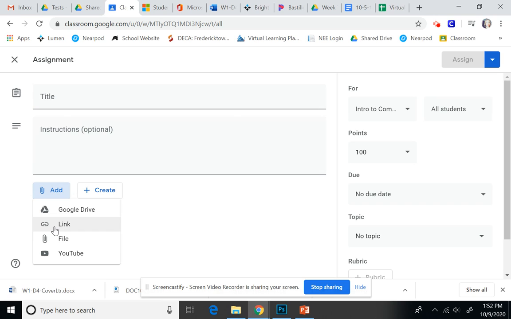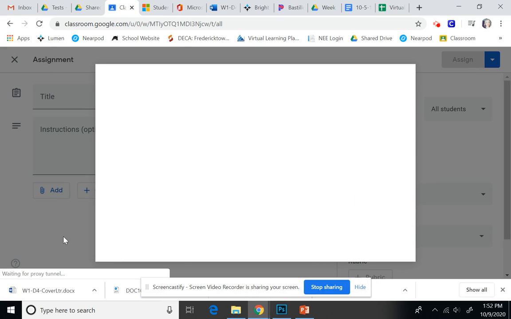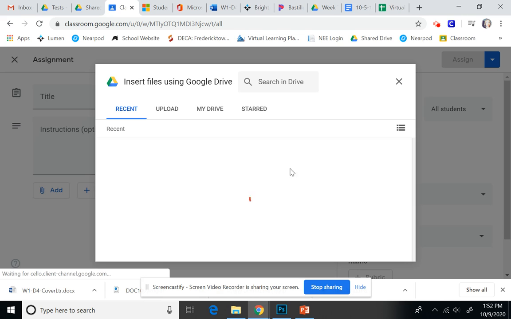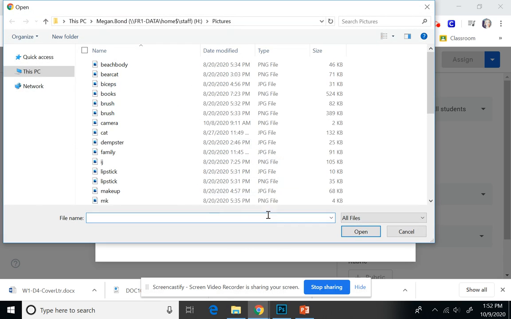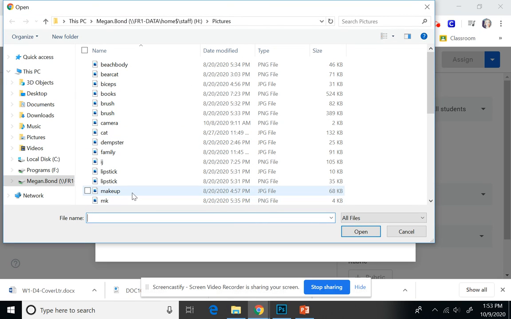You may get the option to choose either Google Drive or File. If you click on File, then you're going to see this pop up. You're going to have to go to Upload and then Browse. And then depending on what kind of computer that you're using, you're still going to want to make sure that